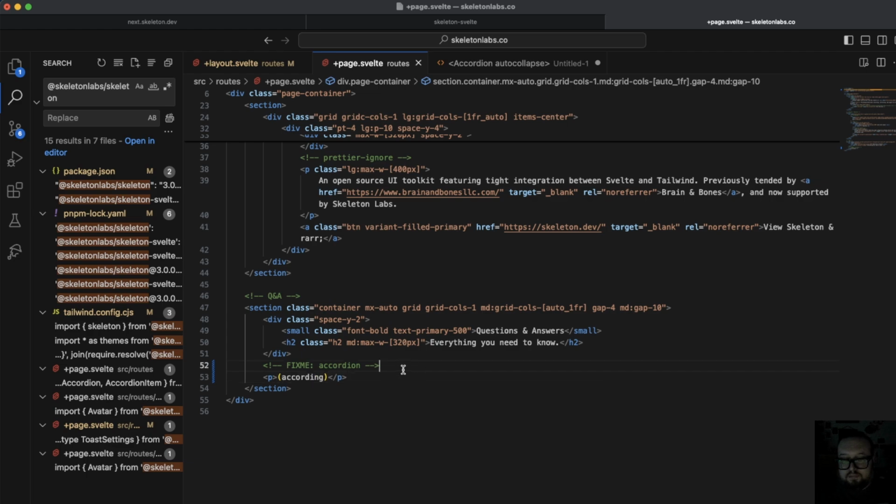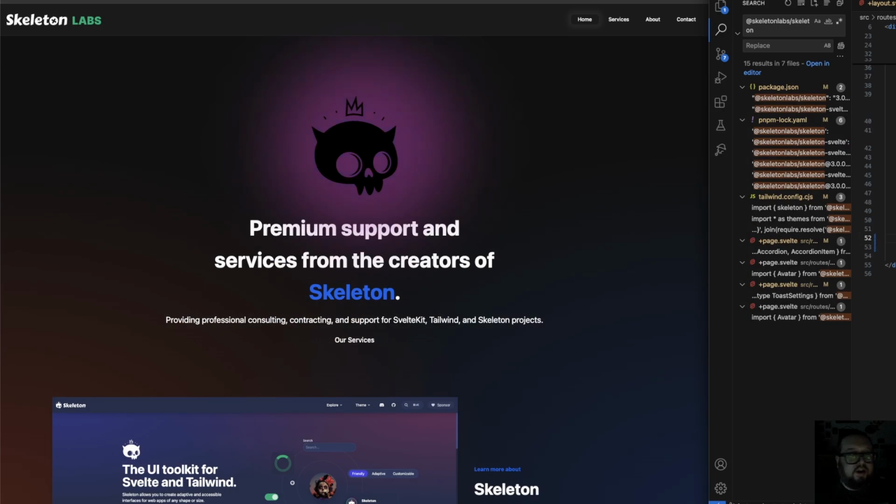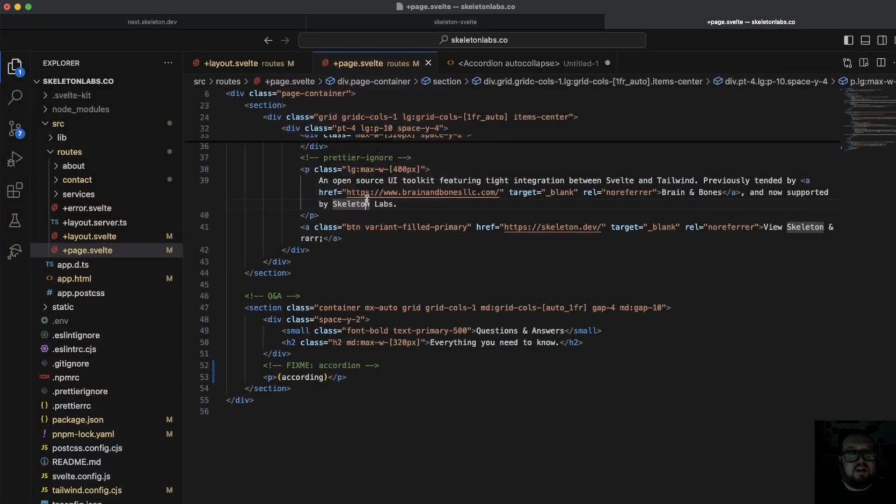I'm going to save that, and we're going to come back over here and look. And sure enough, our website is looking different. I'm not going to say it's looking right yet. It's not looking proper, but it is looking different. Okay, so we do have some stuff. There's an issue with the scroll. It's not letting me scroll. And I think a lot of what our issues are coming from, obviously the colors look weird, right, compared to the V3 docs. So I think a lot of our issues that we're seeing there are related to our app